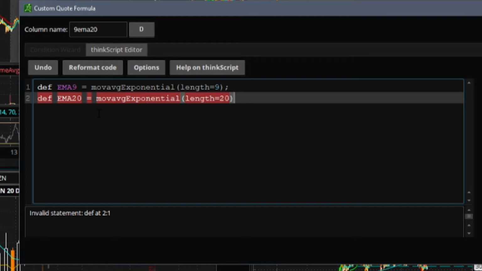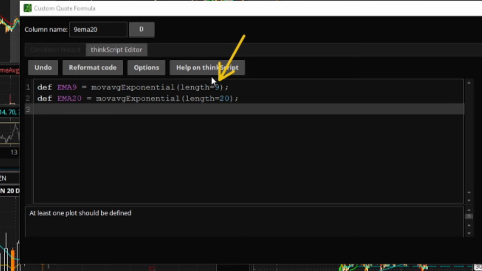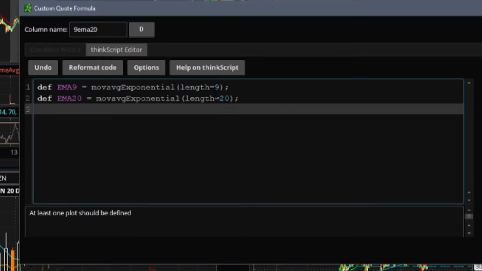Perfect. All right, so I'm going to go ahead and stop right here real quick, because if you're looking to customize, this is where you can switch this up to whatever you like. Some people use the 5, the 10, the 50, 200, whatever you want. If you're looking to change it, this is where you want to do it. This is just the variable name. This is defining what it's actually looking at. So the length is 9, the 20, so on and so forth. So if you want to change this to 50, 200, you can do that. This is the time you're going to want to do that,